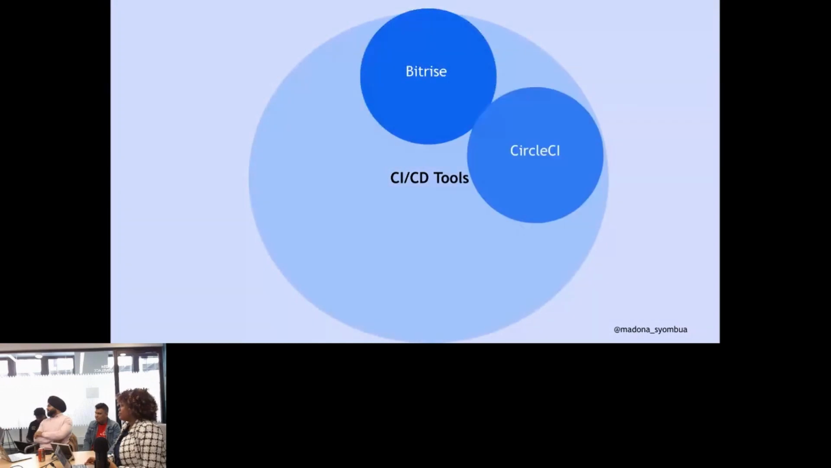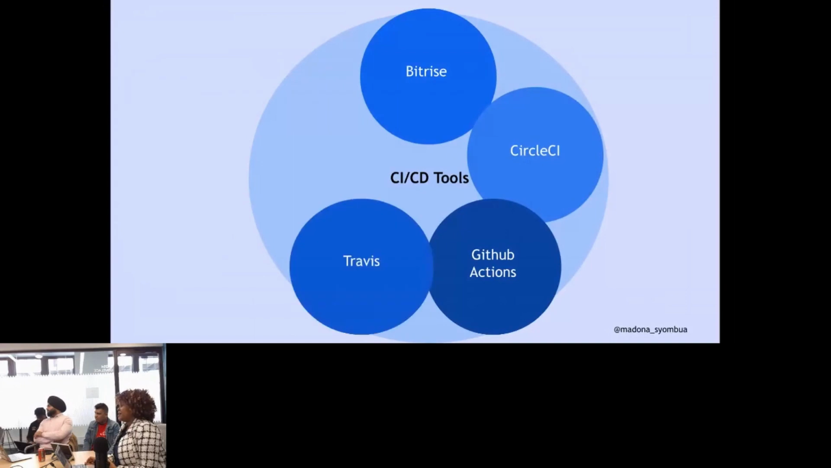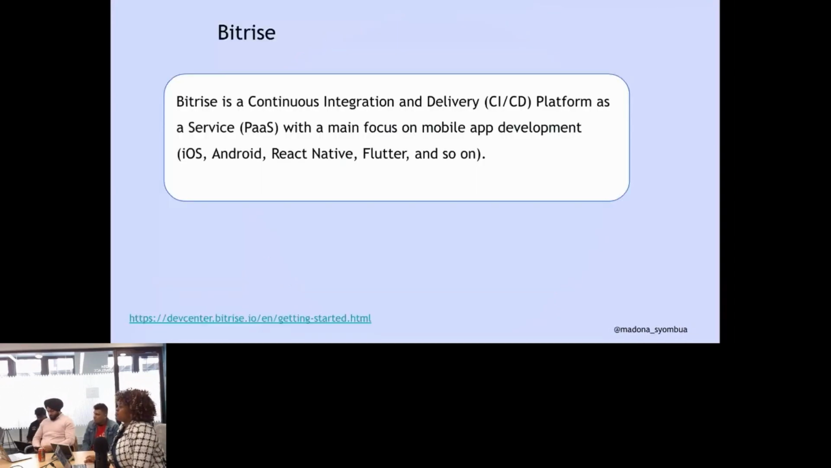And then the CI/CD tools that I've used, I just wanted to mention definitely we've used Bitrise. There's also Circle CI, GitHub Actions, Travis, Jenkins. So for anybody, I've heard about those. So Bitrise,